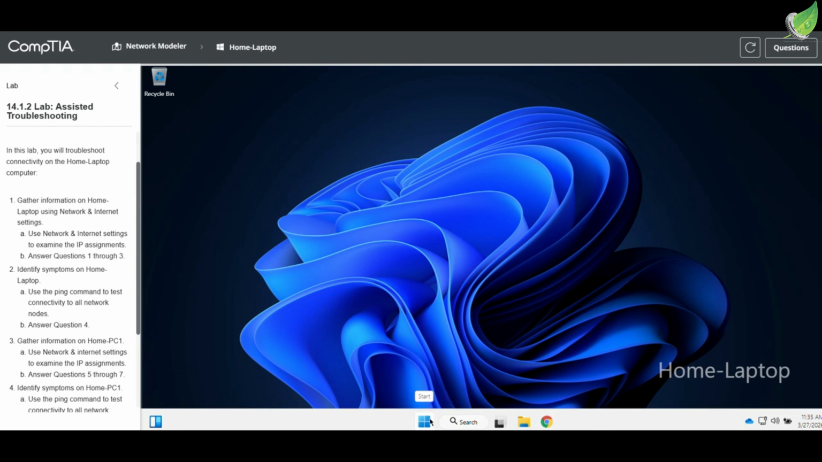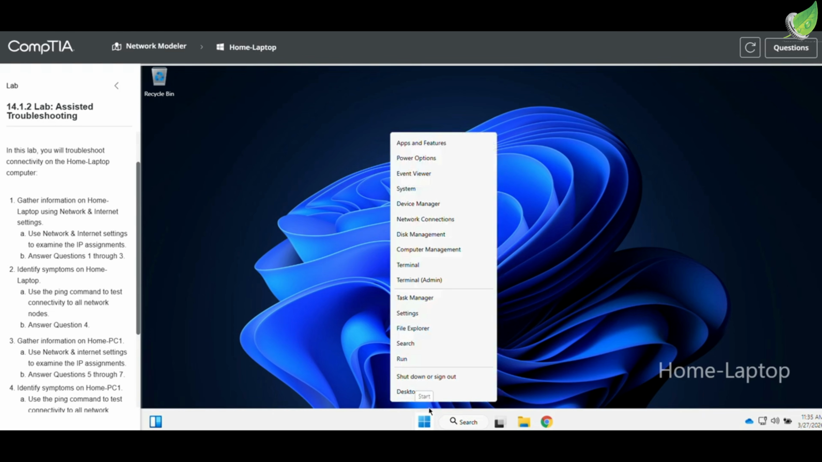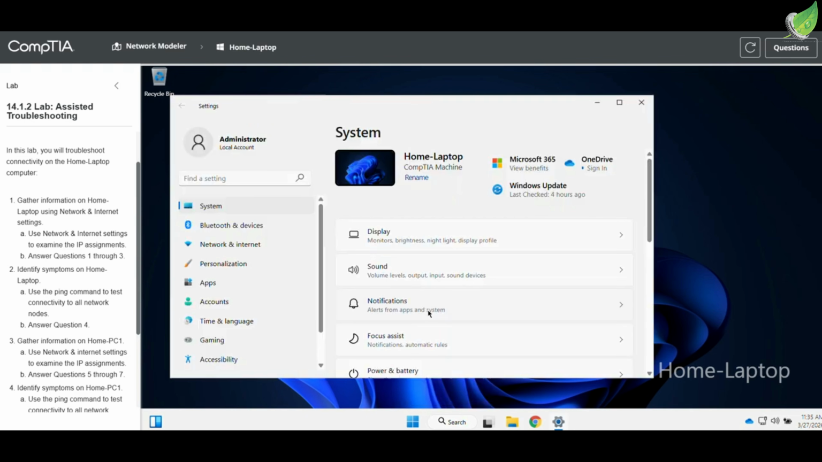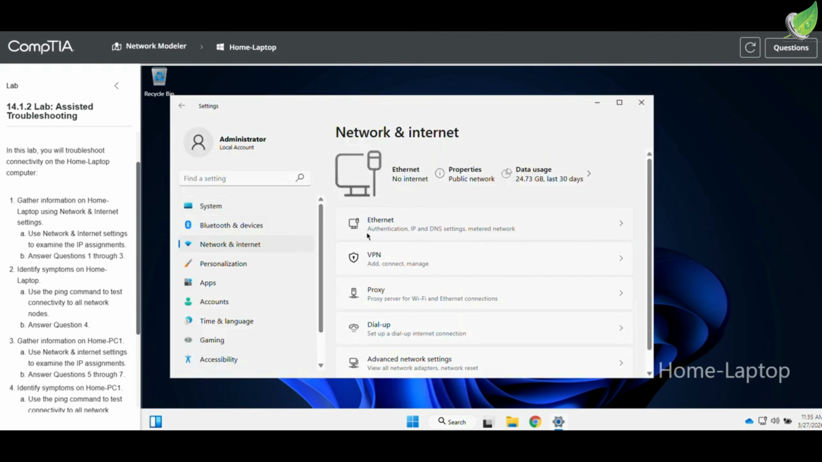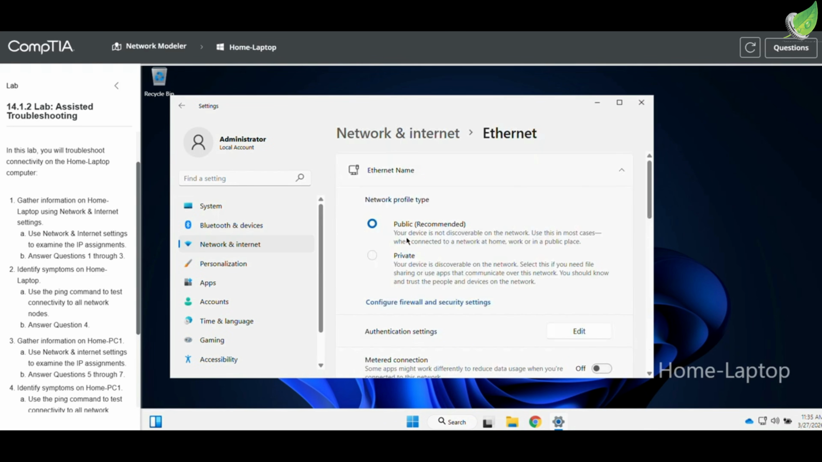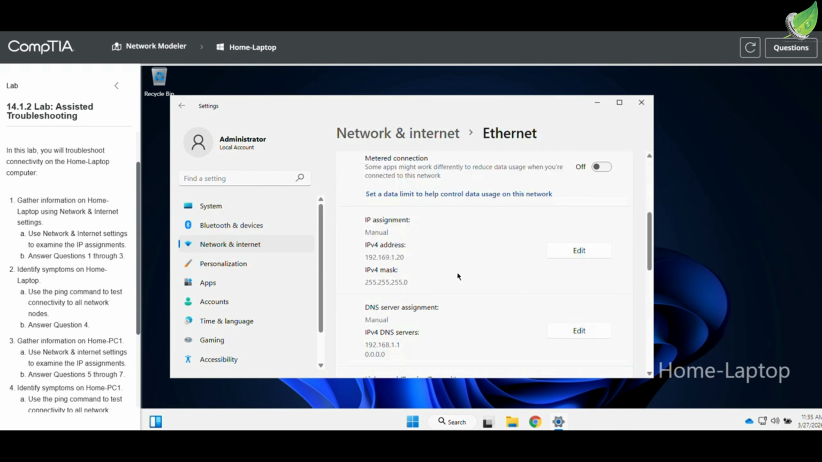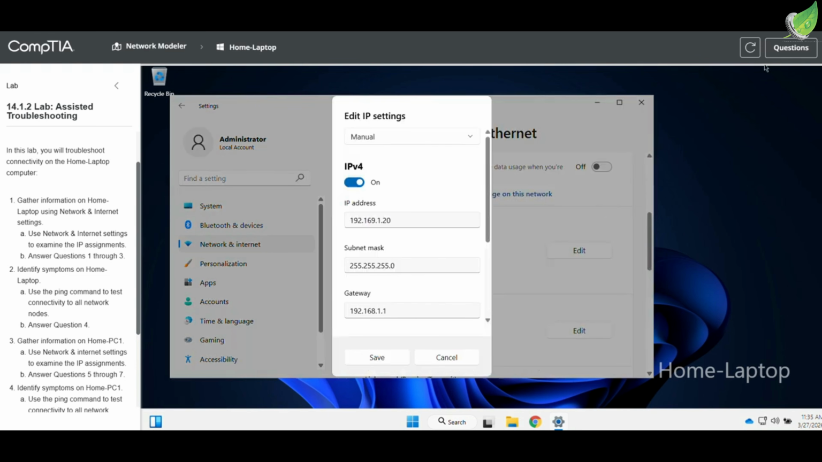Alright, so let's start up. We'll go to the start menu, and from the start menu you want to open system. On the system you want to locate network and internet and click on Ethernet. So we scroll down and we're going to be editing the IP version 4, and from there we'll answer a